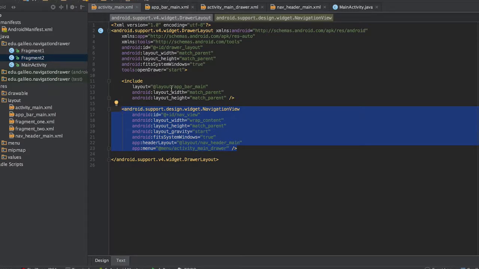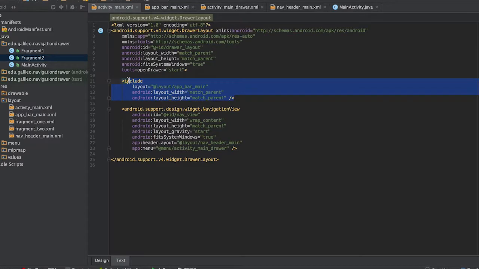You need to start by defining a drawer layout as a root element of your layout, and then you need to specify the element where you are going to be switching all your content. You are going to switch fragments here, so we are going to see it in a minute. So apart from the place where you are going to switch your content, you need to define a navigation view